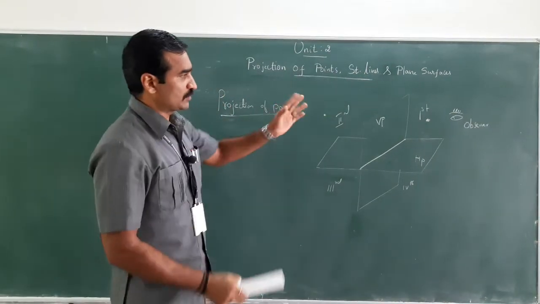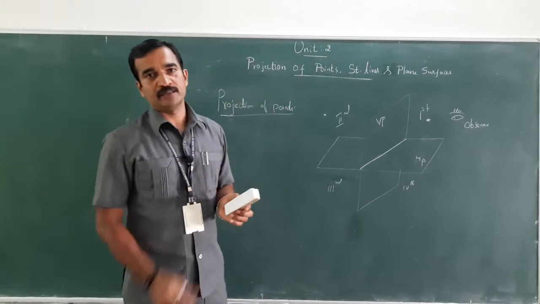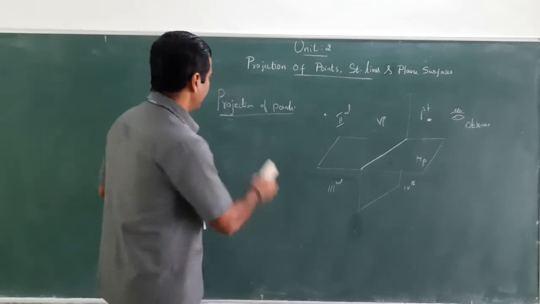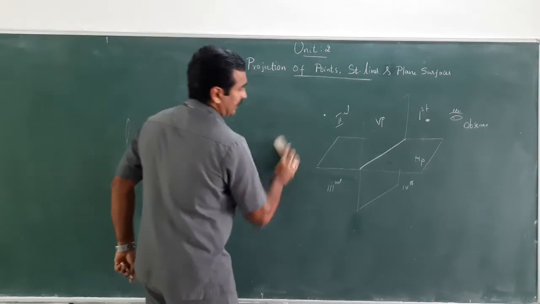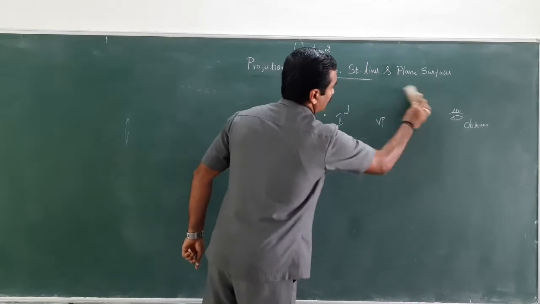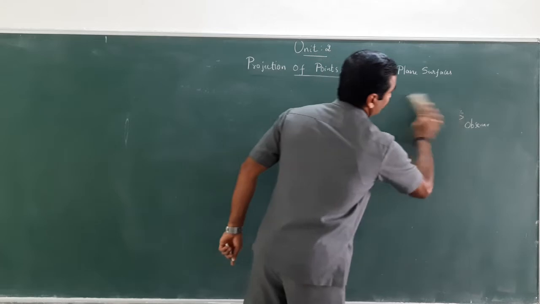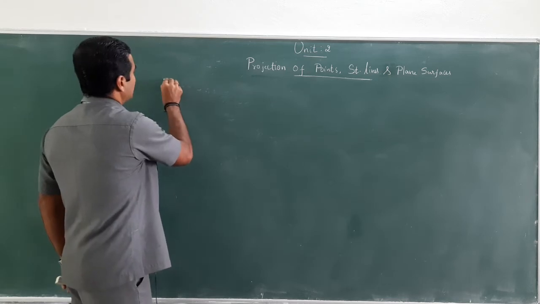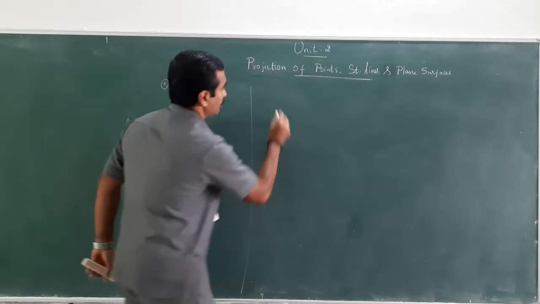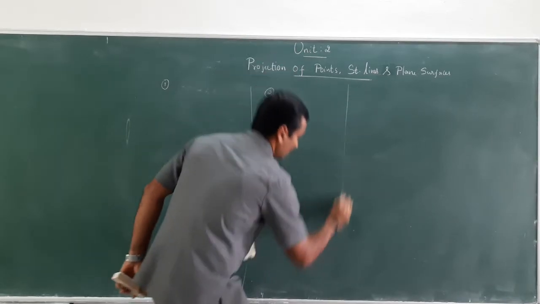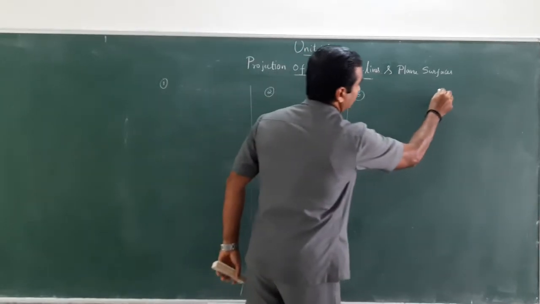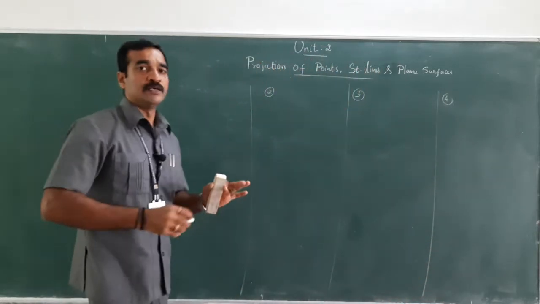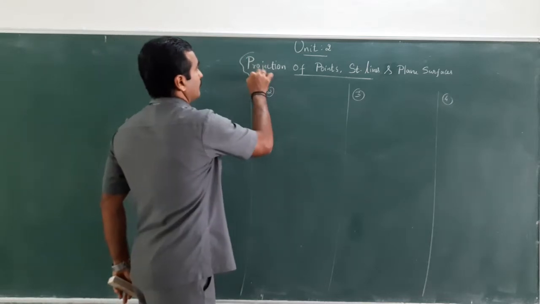As far as first angle projection is concerned, 4 conditions will be there, concerning the position of the object. The object is a point, right? I will give a detailed explanation by drawing the first quadrant and the various conditions. So there will be 4 conditions as far as the projection of a point is concerned.